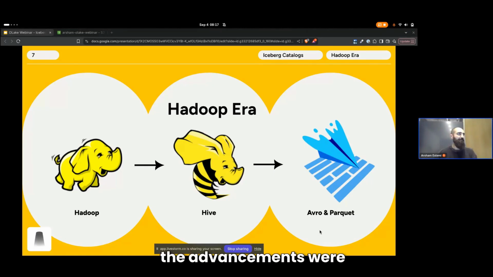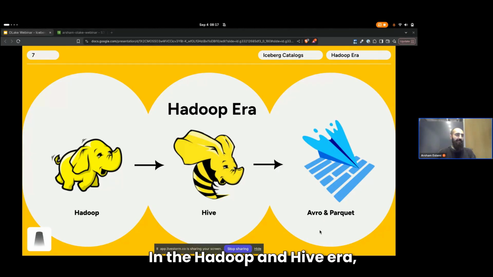If you think about what the advancements were and what people were really interested in, it was: how can we get better serialization? So we got two things here. We got Avro and Parquet. Avro came out first. Their big thing was their compact binary serialization format, and it allowed better schema evolution. Essentially, you could still read your data even if the schema changed, and it was really good for these write-heavy workloads.